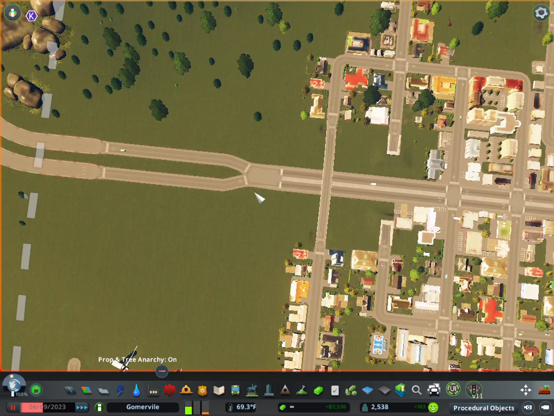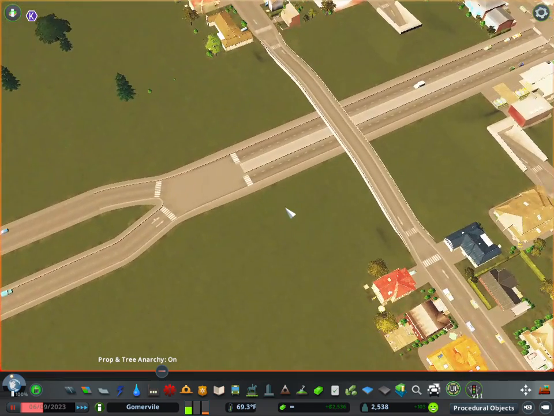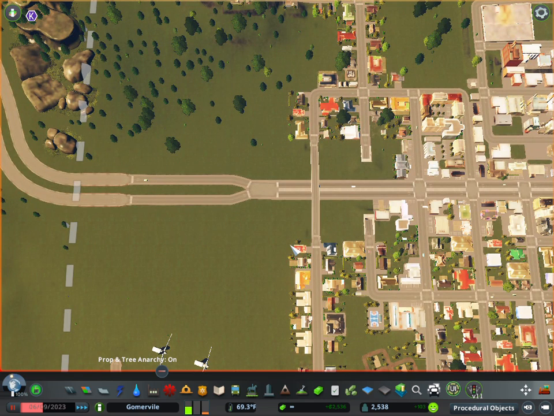They break down into arterial roads, which have very little, if any, zoning or residential on them. Obviously, it varies area to area, but you don't zone or build on these roads. These roads are strictly meant to connect two districts, two areas to each other. So like this arterial right here is basically connecting the highway